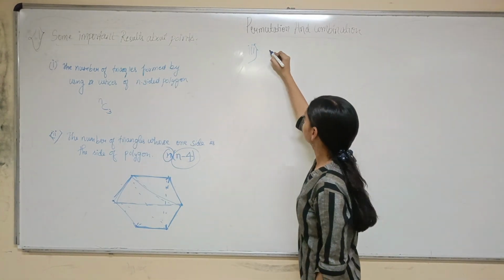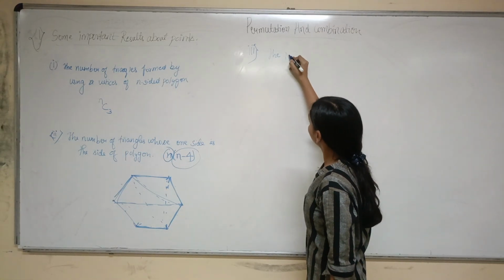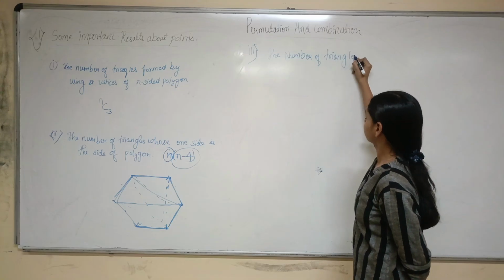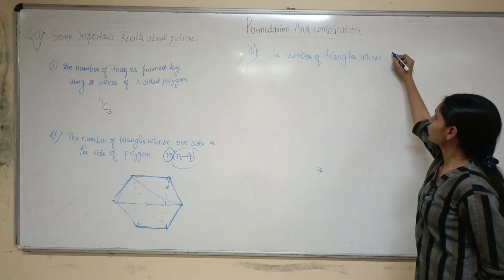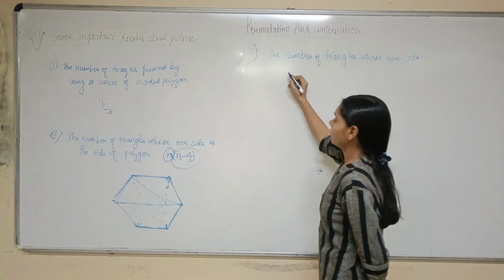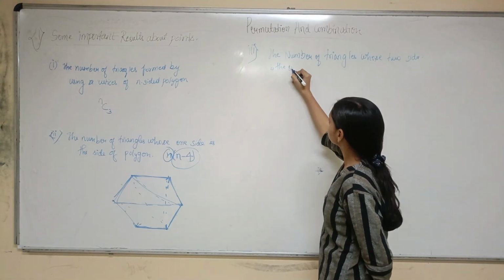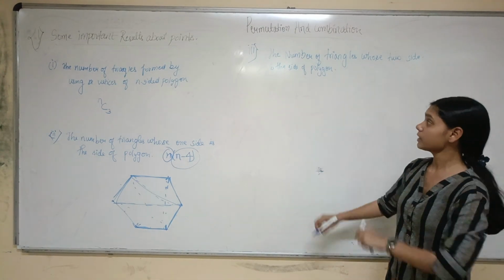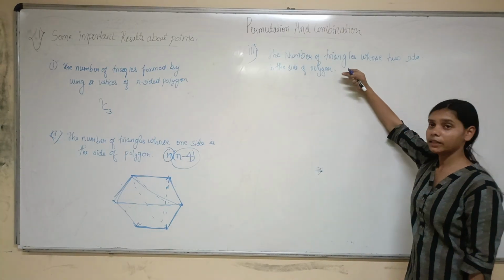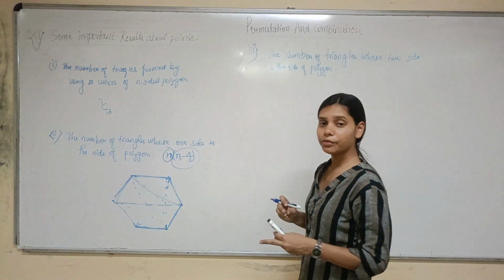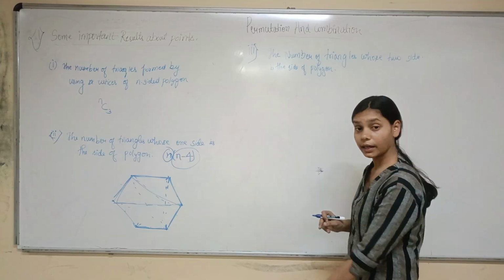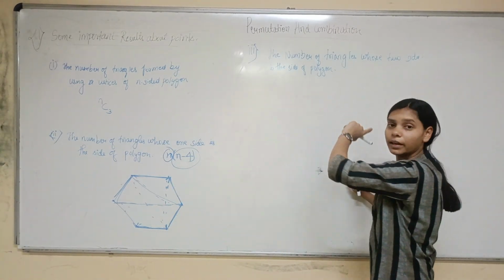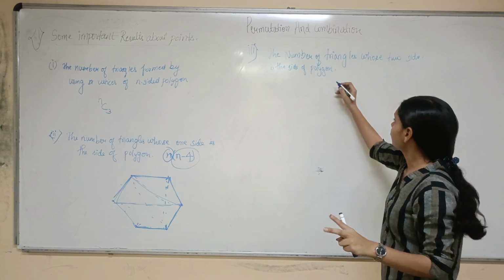Write down the number of triangles. Here the restriction is that the triangle contains only one side of the given polygon, but here the triangle will contain two sides of the polygon. Means if we take a hexagon,